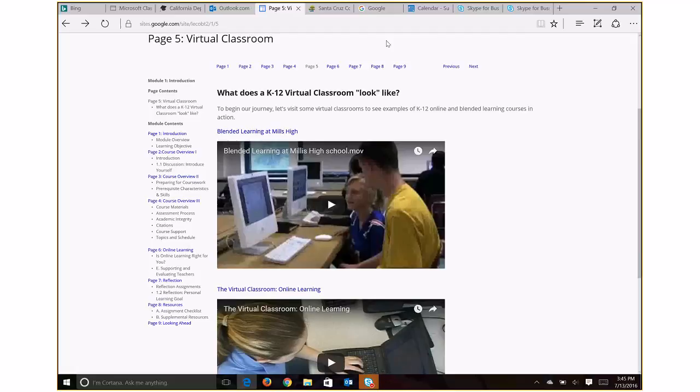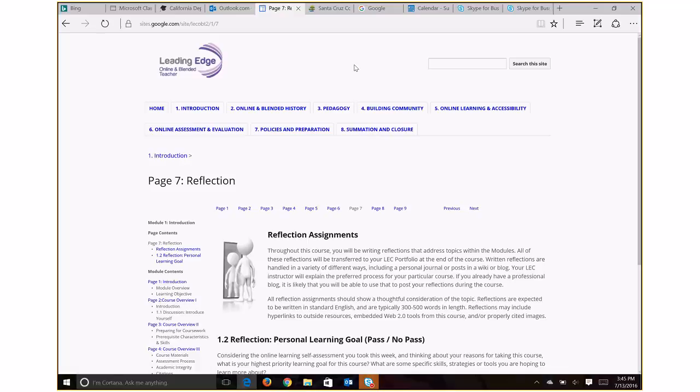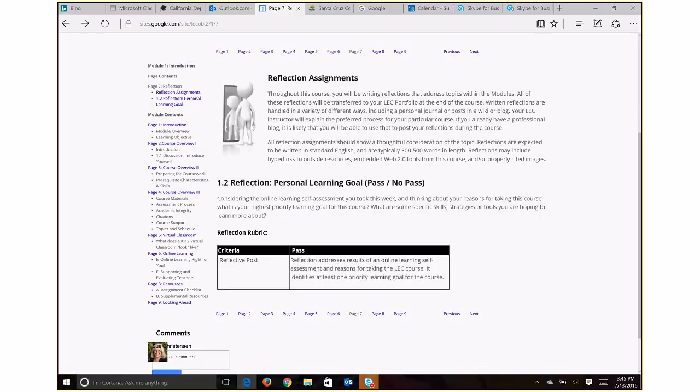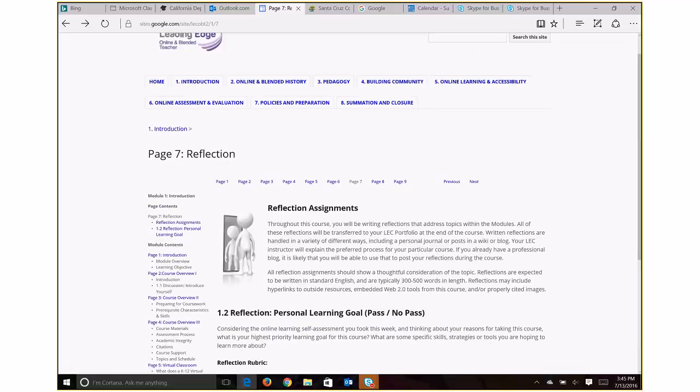Okay, so on page 7 of Module 1, you will then see the reflection prompt and then the rubric for the reflection prompt and so on. Make sure you read all the pages of the textbook for each module during the week it's assigned. And I always recommend that you read the pages between Monday, Tuesday, and Wednesday, so that on Thursday, the day that the discussion prompt needs to be posted by you, the initial post needs to be posted by you, you're ready to go. You don't have to sit and read, you just need to respond to the post.